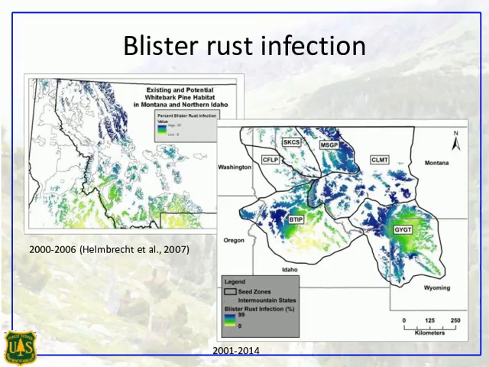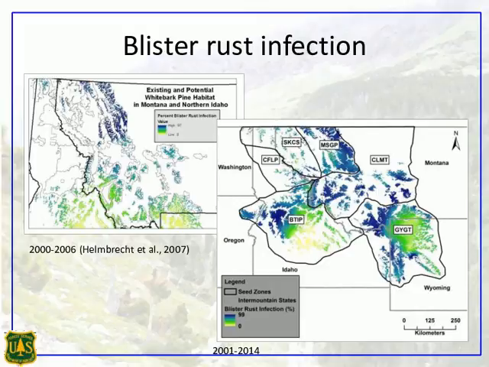One of the key pieces of missing information to assess blister rust resistance in our program, and to also help explain the spatial and temporal variation that I'm seeing in rust resistance, was we needed a more current measure of rust infection in the inland west. And based on the hundreds of people that have been helping designate well over 1,300 plus trees, I've also asked you folks to get data on blister rust and mountain pine beetle incidents in a 100-tree survey. So it's those 100-tree surveys that gave us the data from 343 unique plots.